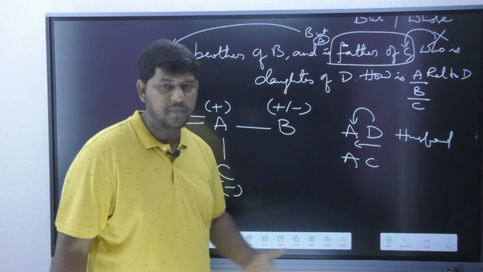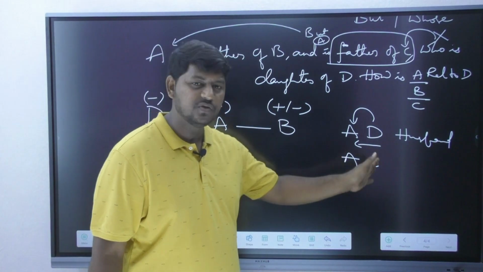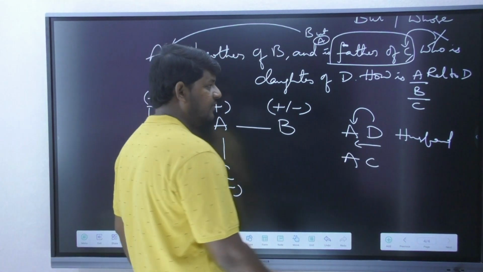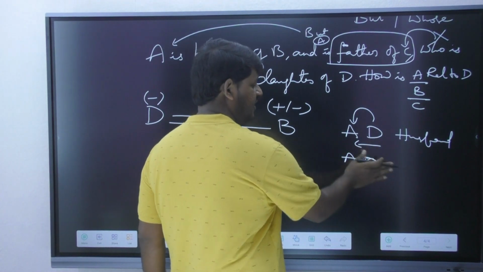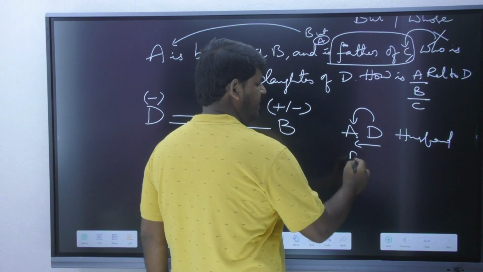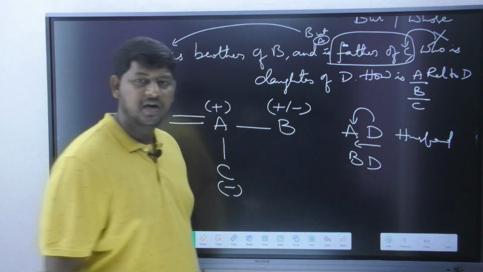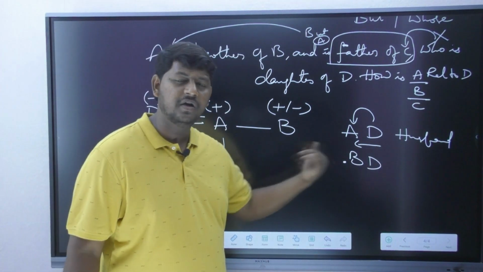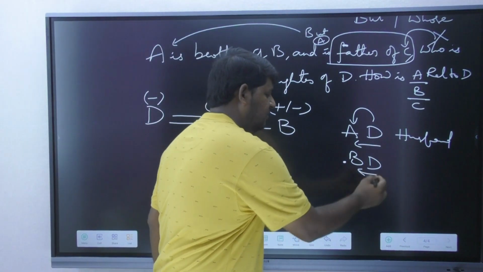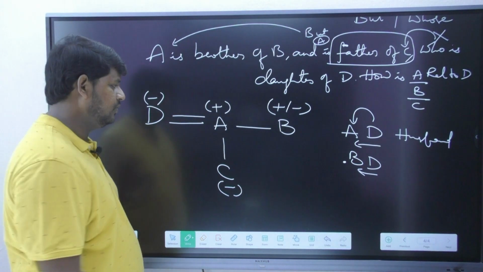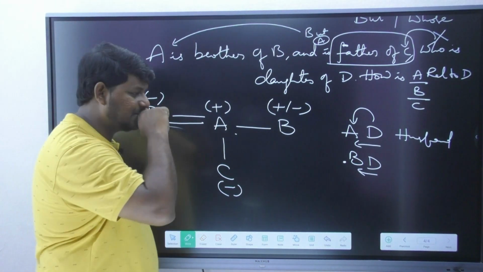You are supposed to memorize it as well, okay? A to C or C to A? It is definitely from the, how is A related to D is finished. Next, how is B related to D? Let's see, B to D or D to B? Please tell me, B to D or D to B? Yes, it is always from the D's point of view. D is going to call B as what?